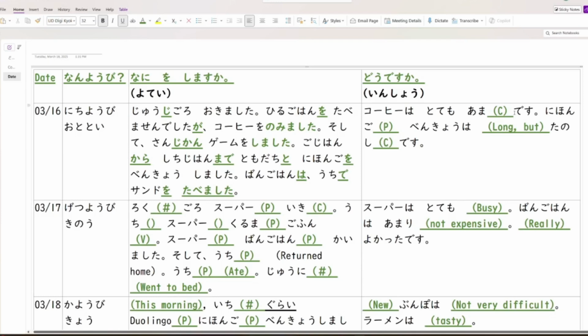This is past tense, positive past tense, right? Amakatta desu. コーヒーはとても甘かったです. Can you say that for me? コーヒーはとても甘かったです。 はい。次。